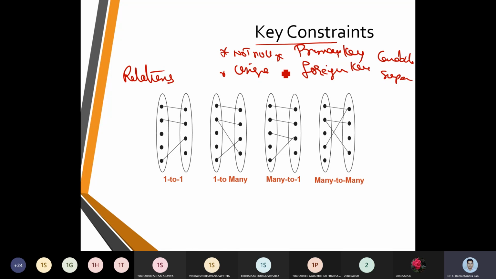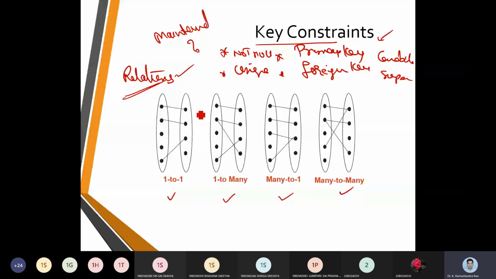How are these key constraints maintained? They are maintained in the form of relations. What are those relations? They can be one-to-one, one-to-many, many-to-one, or many-to-many. In these four forms, the key constraints are going to be taken up. Now, here is an example where SSN is going to be the primary key in the employee table.